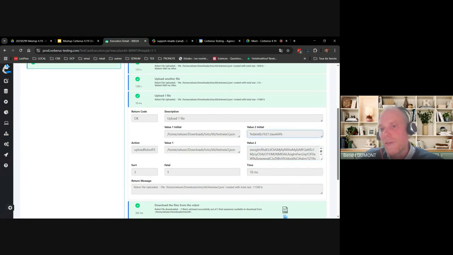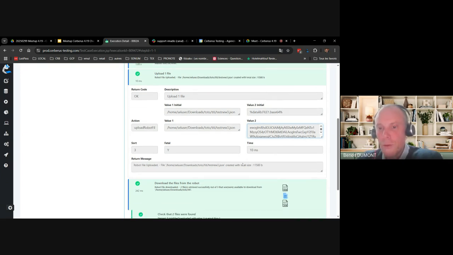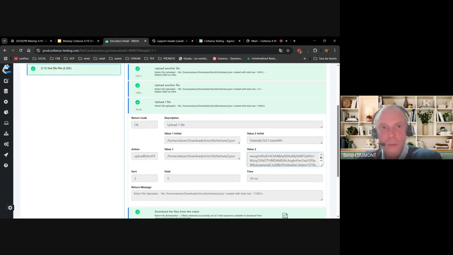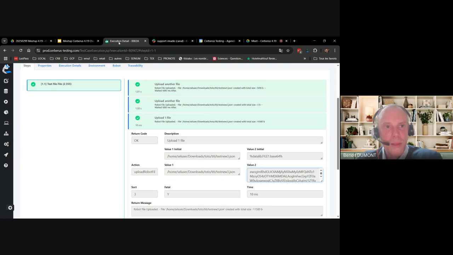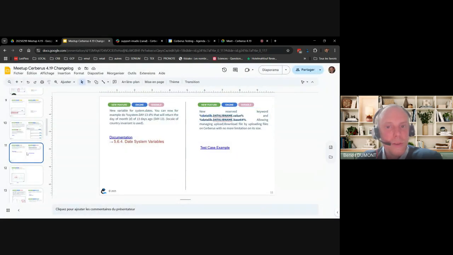If the file is too large, of course, it will not display the full base64, but still the proper value will be used when uploading to the robot, securing that it's the correct file that has been uploaded. So that removed all the potential limitation we could have on size of file handling when uploading to the robot side.